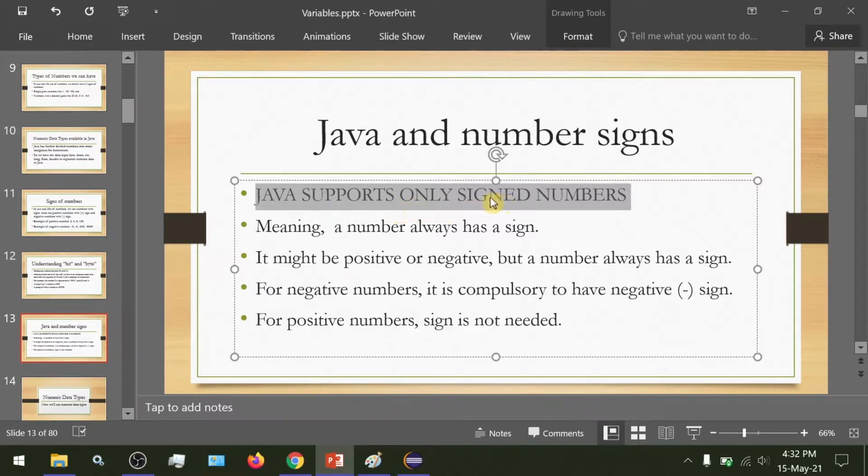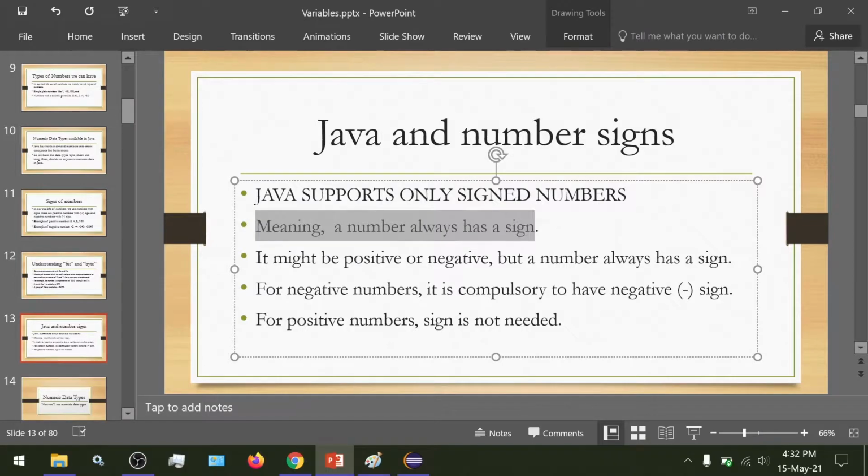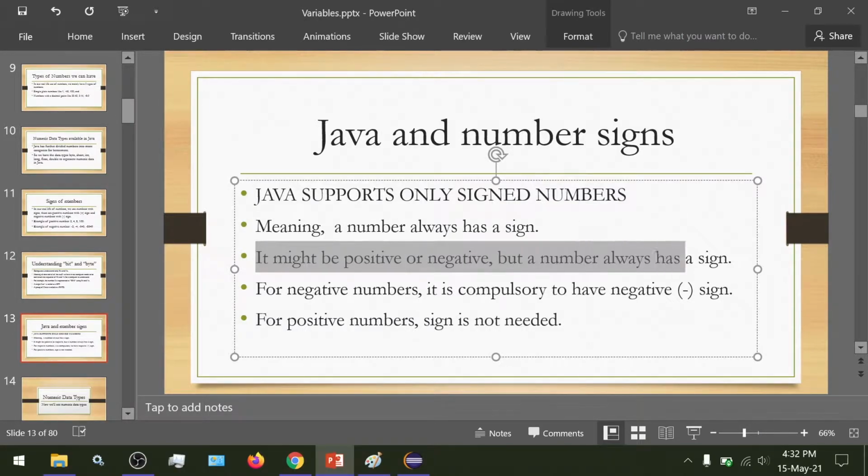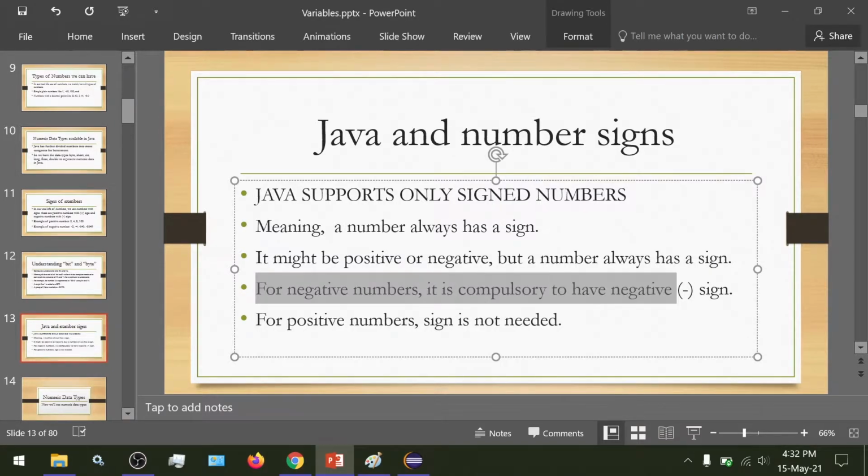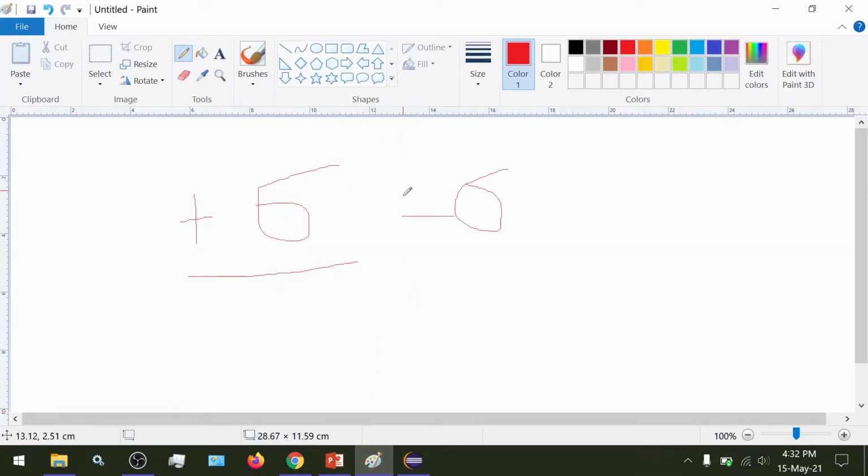So Java supports only signed numbers, just as I said, meaning a number always has a sign. The sign might be positive or negative, but the number always has a sign. For negative numbers, it is compulsory to have the negative or the minus sign along with it. If we want to represent a negative number, we would have to represent it using -6.